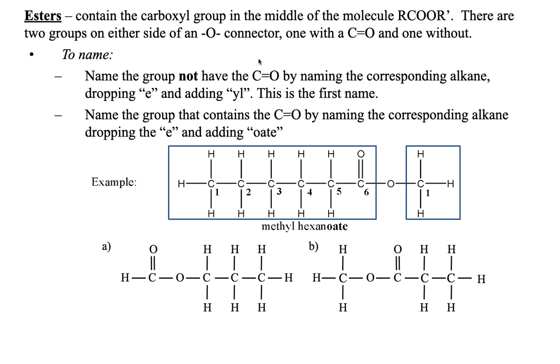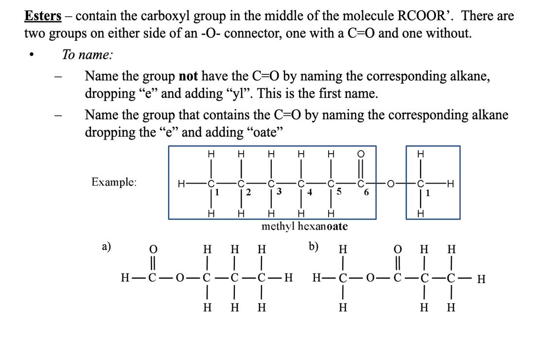All right, so there are two groups on either side of the O connector. One will have a C double bond O, and one does not. So here's the O connector, right? Here's one group that has a C double bond O, and then we have this other group on the O connector that does not. If you look on table R, every single ester has two names,